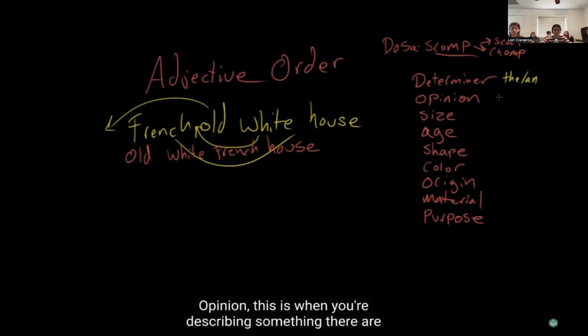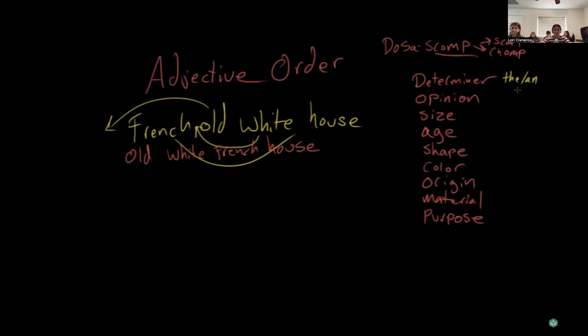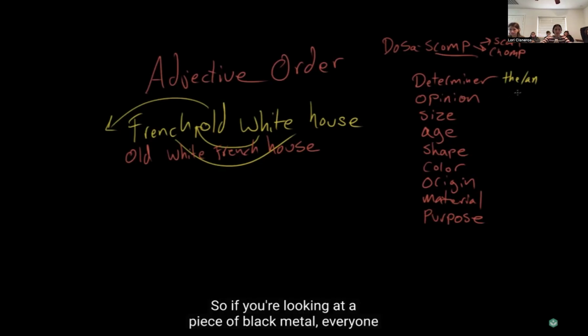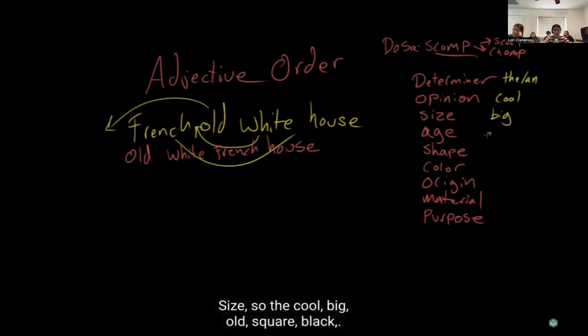Opinion, this is, when you're describing something, there are certain descriptors that not everyone would agree with. So if you're looking at a piece of black metal, everyone will be able to agree that it is black. But if you think it's cool looking or ugly looking, anything that anyone could conceivably disagree about, that's an opinion. So, cool, for example, that would be an opinion. Size, so the cool, big, old, square,